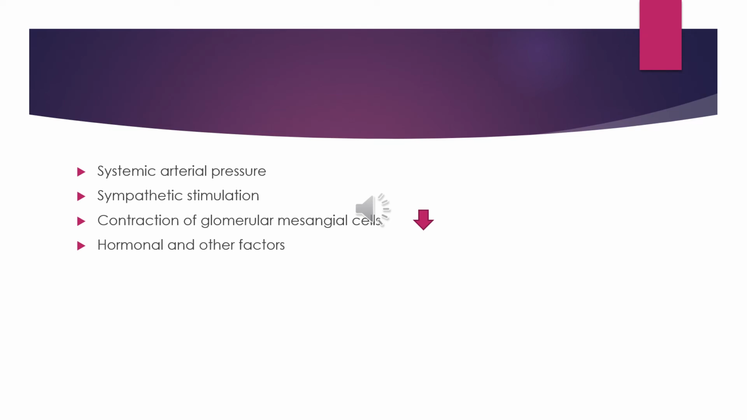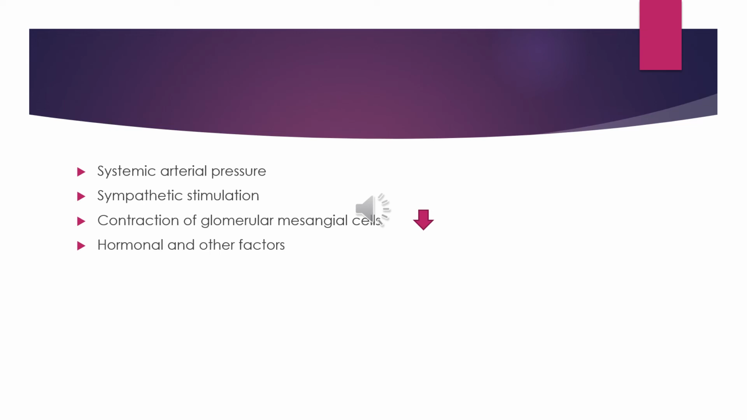Then sympathetic stimulation. Mild or moderate stimulation of sympathetic nerves will not cause any significant change in glomerular filtration rate, whereas a strong sympathetic stimulation causes vasoconstriction by the release of noradrenaline, specifically on efferent arterioles. Then the contraction of glomerular mesangial cells. Earlier we have discussed it. The mesangial cell contraction will result in the reduction in the surface area of filtration membrane, thereby reducing glomerular filtration